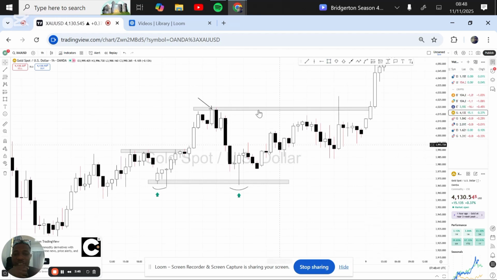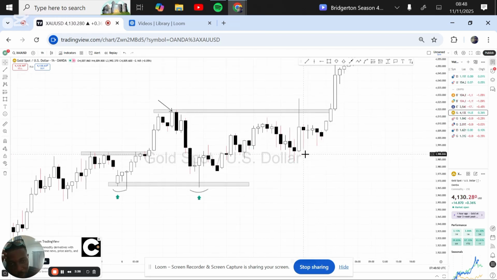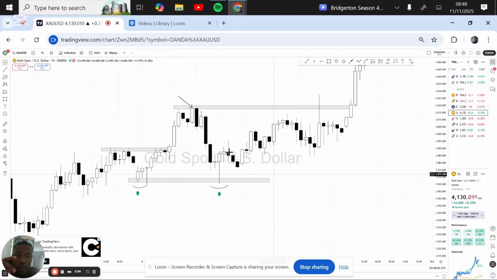Since the buyers are still in control because they printed a higher high, which is an indication, this is the correction phase, and then this is the continuation phase, or the impulsive phase. After price slowed down and got to this low, immediately I noticed price started printing highs. You can see it breaking highs, breaking highs, then leaving higher low, higher low.